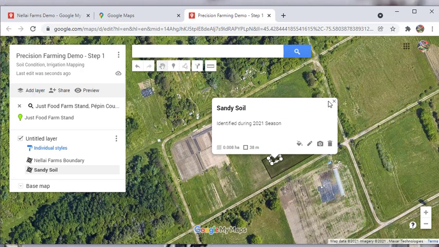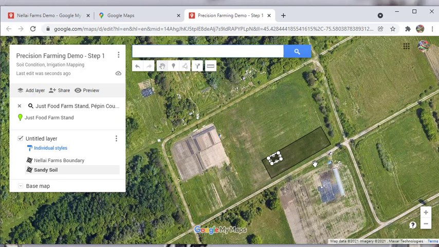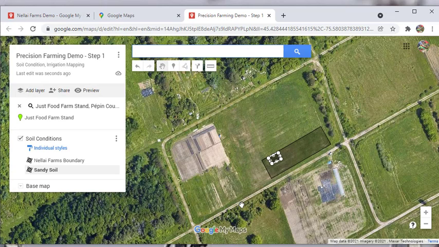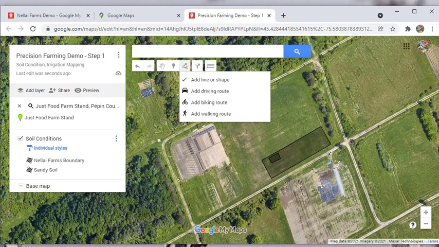So I can call this layer soil conditions. I'm going to add one more.